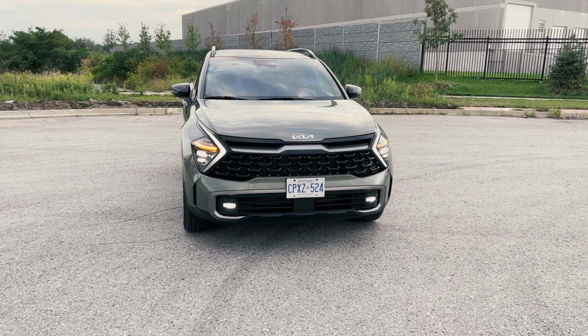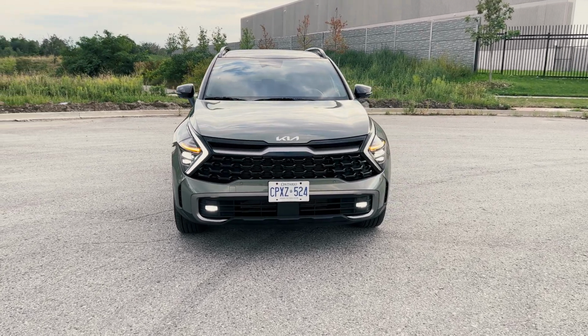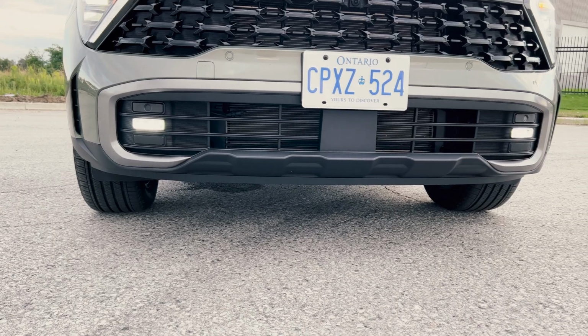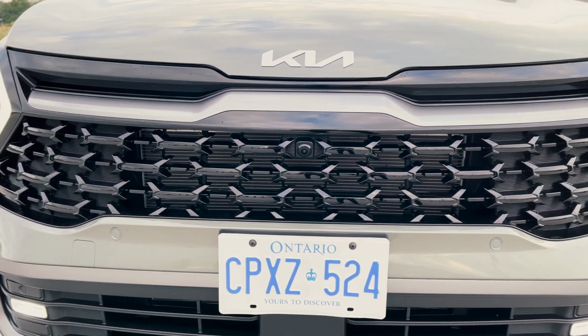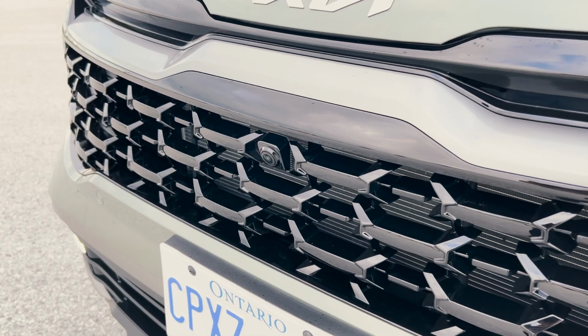Starting with the exterior and the front of the X-Line, you have a very aggressive looking front end that looks futuristic in a way. The bottom will have the black plastic trim with the standard LED fog lights along with the front sensors. Then there is the very unique looking front grille area in gloss black and satin chrome trim piece as well. Looking closer, there will be the front camera as part of all of the safety features, and